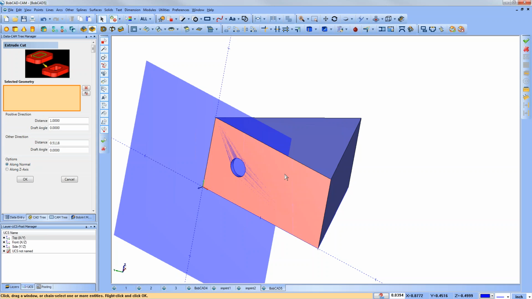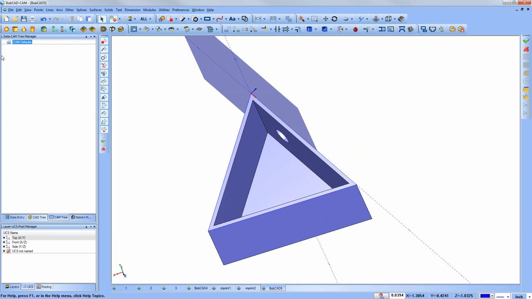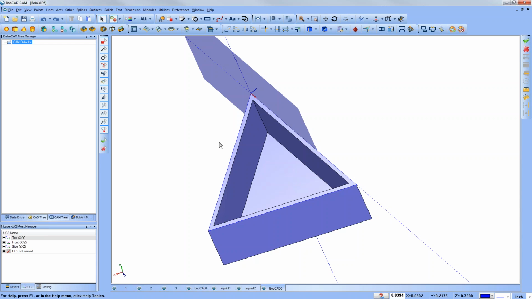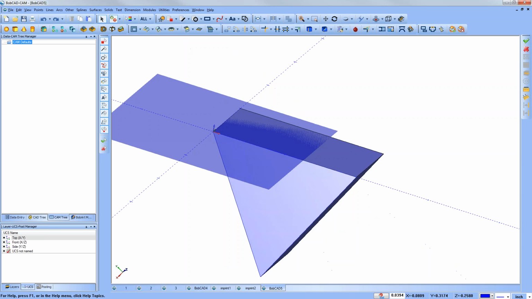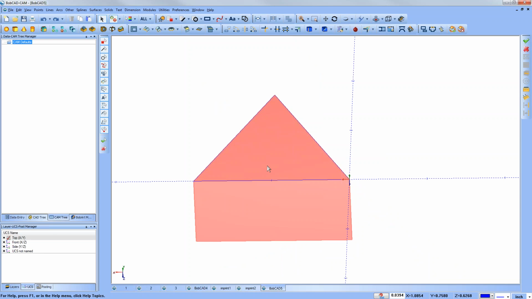Well, if we step back to all these functions, I think there was a question on this. Let me turn this back off and see if I can get back to a solid. What I could have done is draw on this surface here, and then do an extrude cut. I could have offset these lines. Again, that's creating geometry, an additional step. But then I could extrude cut and get that kind of box shape,